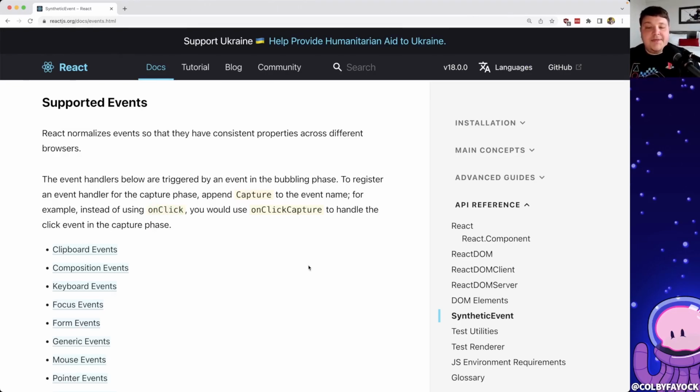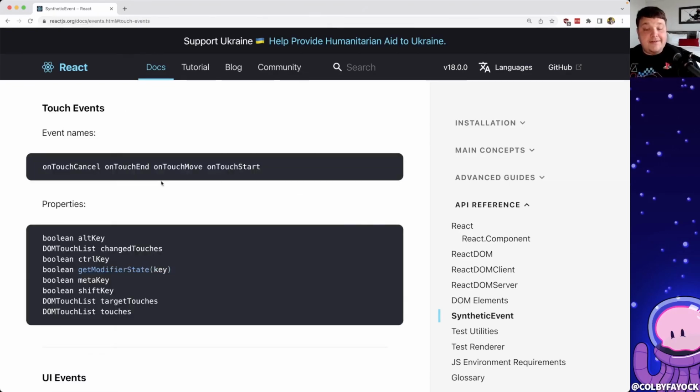prop. But this becomes a little bit more tricky when you start to think about gestures that you might not normally expect for a browser to default handle. While we can listen for things like onTouchStart, onTouchMove, we don't have anything specifically that says on long press or on swipe, so those are the kind of things that we need to either use a library for or develop